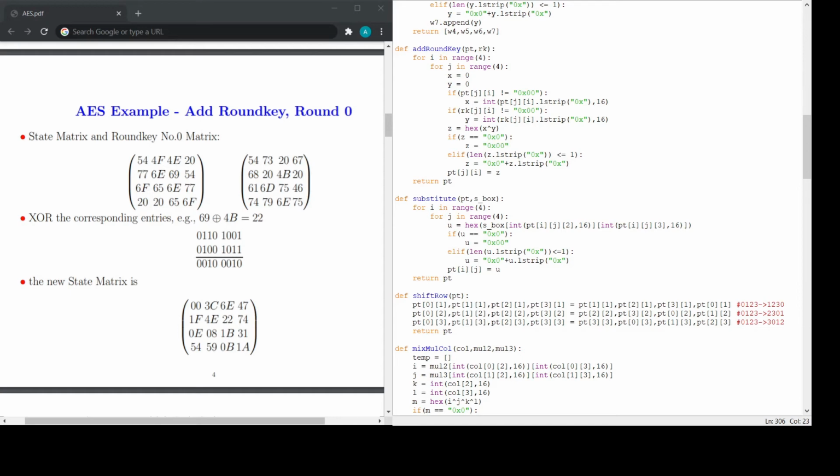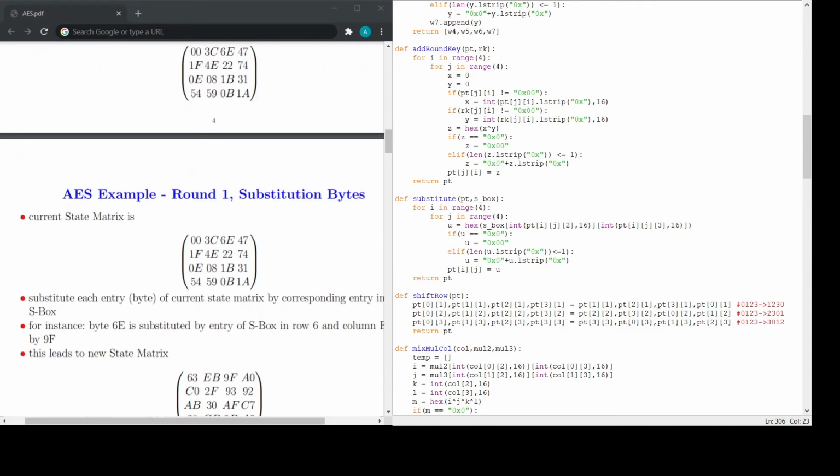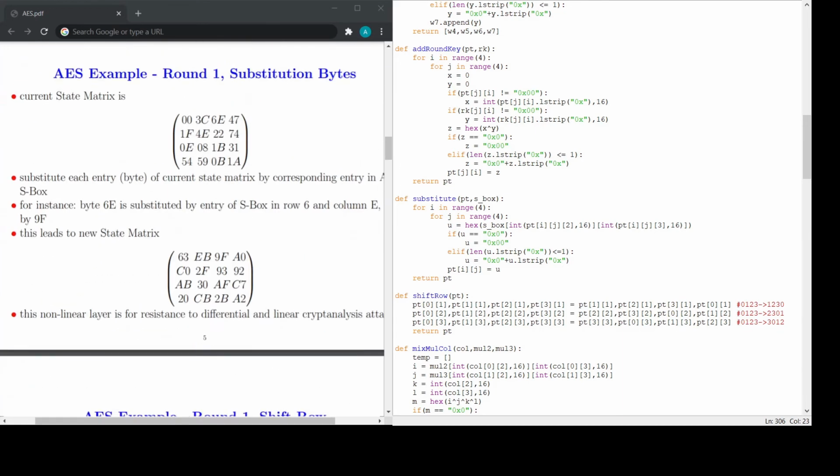This is easy to implement in Python. We just have to replace the values with the correct indexes. This is indicated in the comment. The left side indicates the original indexes of the values and the right side indicates the values of indexes after shifting to the left. Here are some examples of substitution bytes and shift rows.